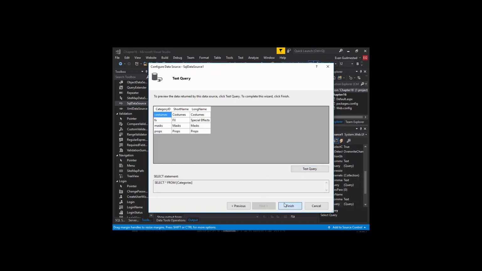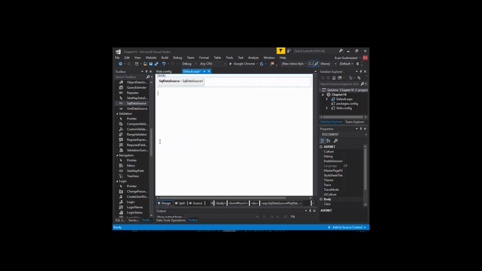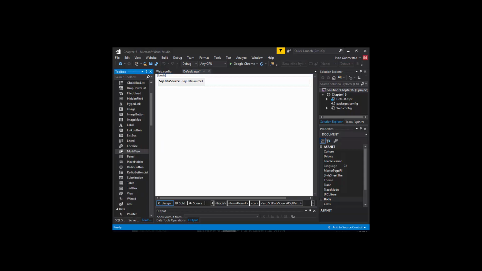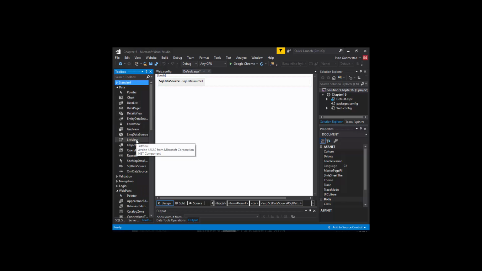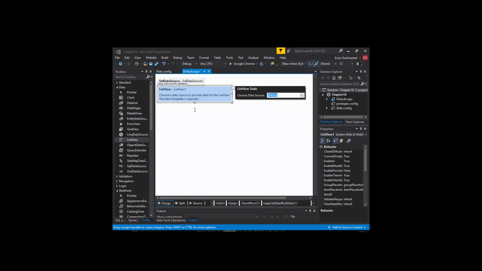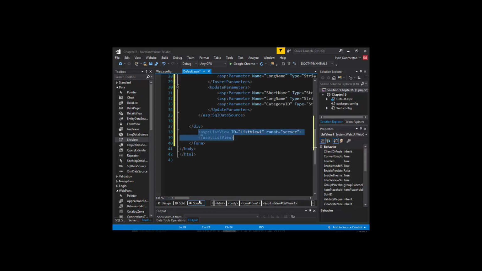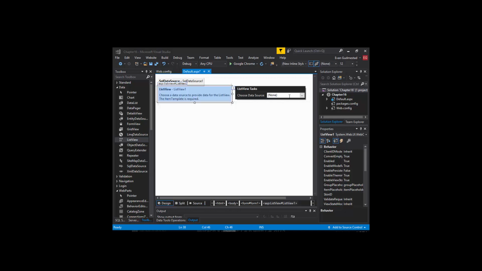Just like you're working with a grid view, but instead of working with a grid view under data, let me collapse a lot of these. Here's our list view control. Okay, so you saw I just dragged on a list view. Looking at the source code out of the box, pretty bare bones, right? We have an ASP server tag, list view. It has an ID and run at server. If I go back into design view and I configure my data source,